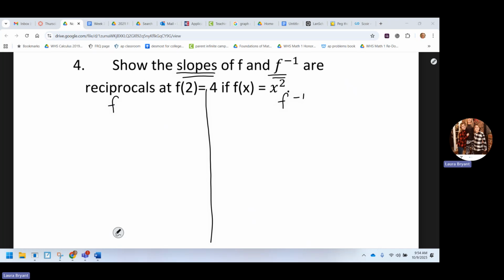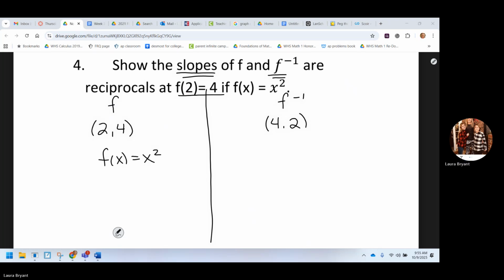So when I'm given f inverse, I'm given this ordered pair is (2, 4). Okay, so on the original, the ordered pair here is (2, 4). What would the ordered pair be on the inverse? (4, 2). Good. Very good. (4, 2). Excellent. Thank you. And that step will honestly be the hardest step when we get to the calculus stuff: figuring out the ordered pairs in the right order. Okay, then I know the original here